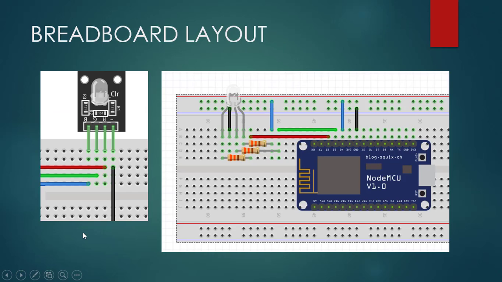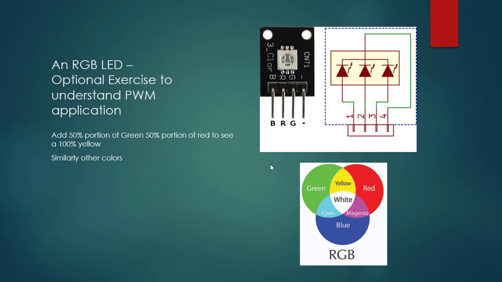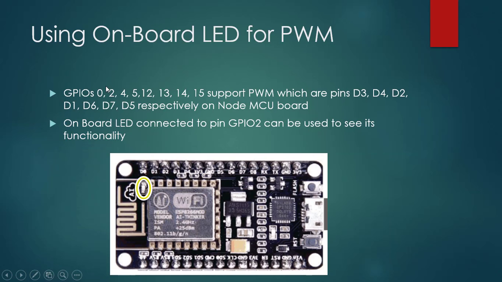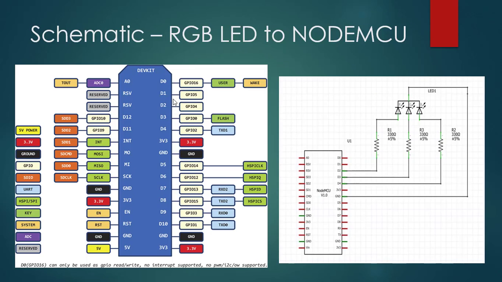Now if you see the breadboard layout, it can be like this. You connect the common cathode pin to the ground and the remaining to the GPIOs. GPIOs are your choice, you can just change it in the code. Note that it cannot be any GPIO, it should be the GPIOs 0, 2, 4, 5, 12, 13, 14, 15, the pins only which support pulse width modulation.